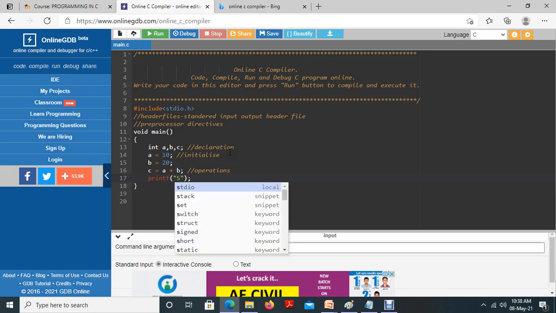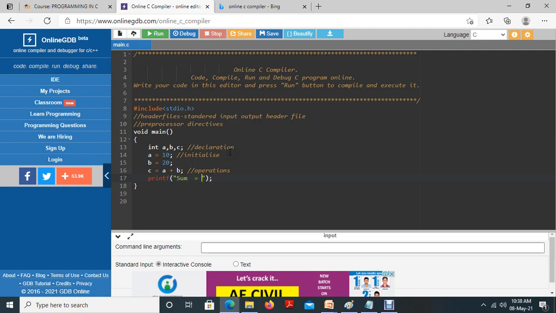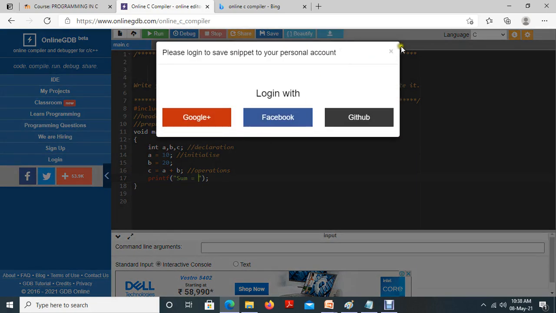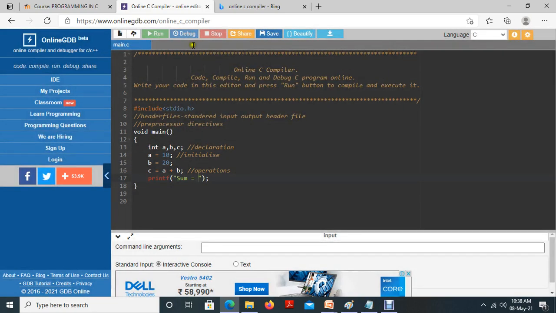Suppose I like to mention that sum equal to 30. So the result is 30. Sum equal to 30. How will you print? Whatever you require to print on the output screen, all those details should be available in double quotes. So here I am expecting an output like this, sum equal to 30. Okay. For that I mention like sum equal to, okay, it will print like this. It will not print the result, but it will print only sum equal to.